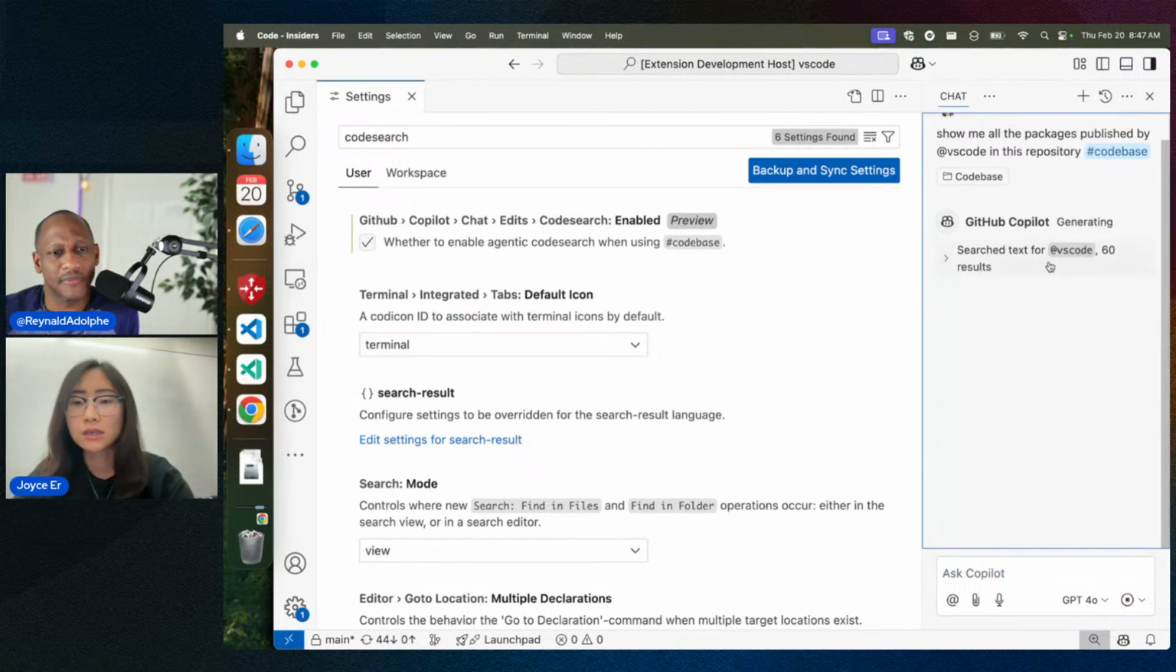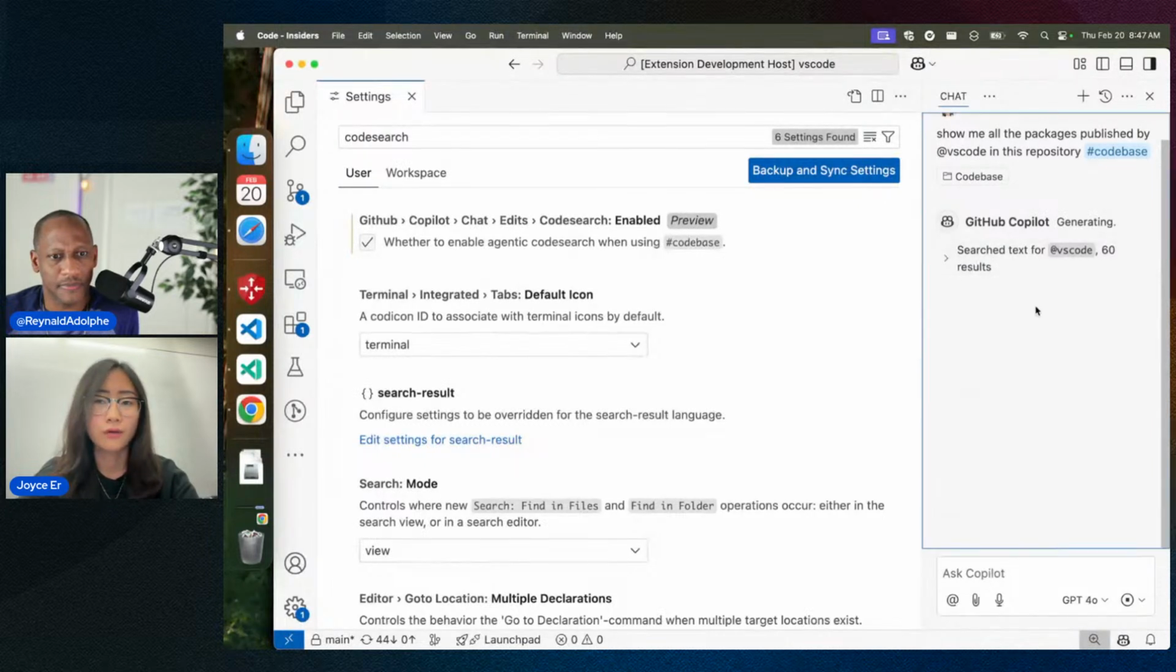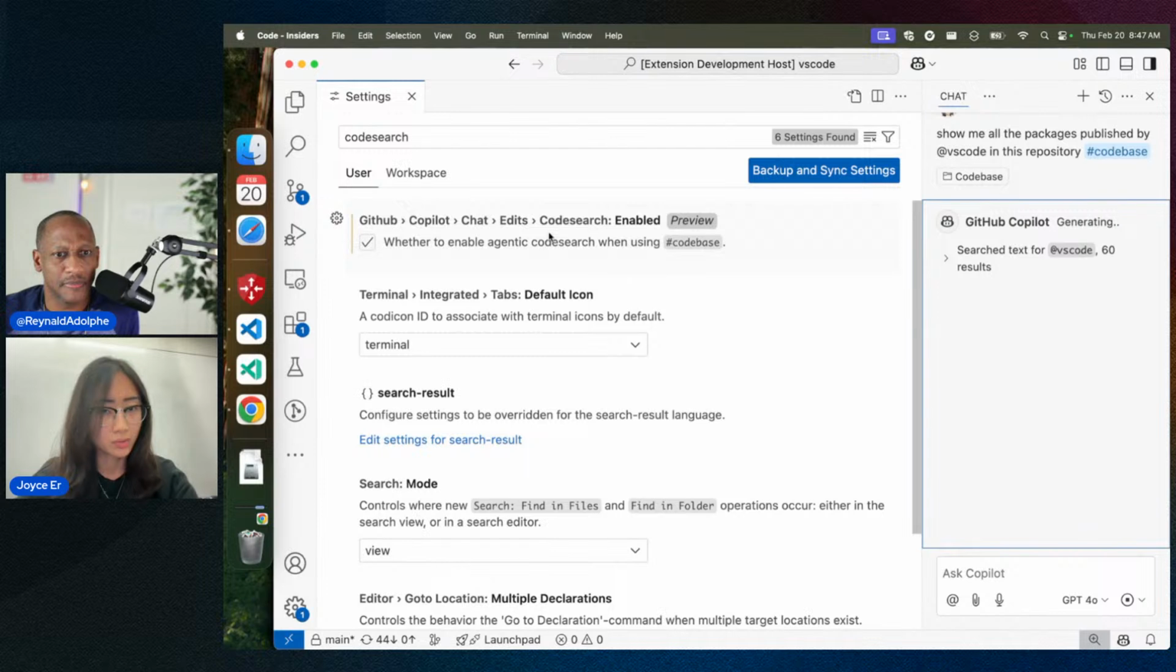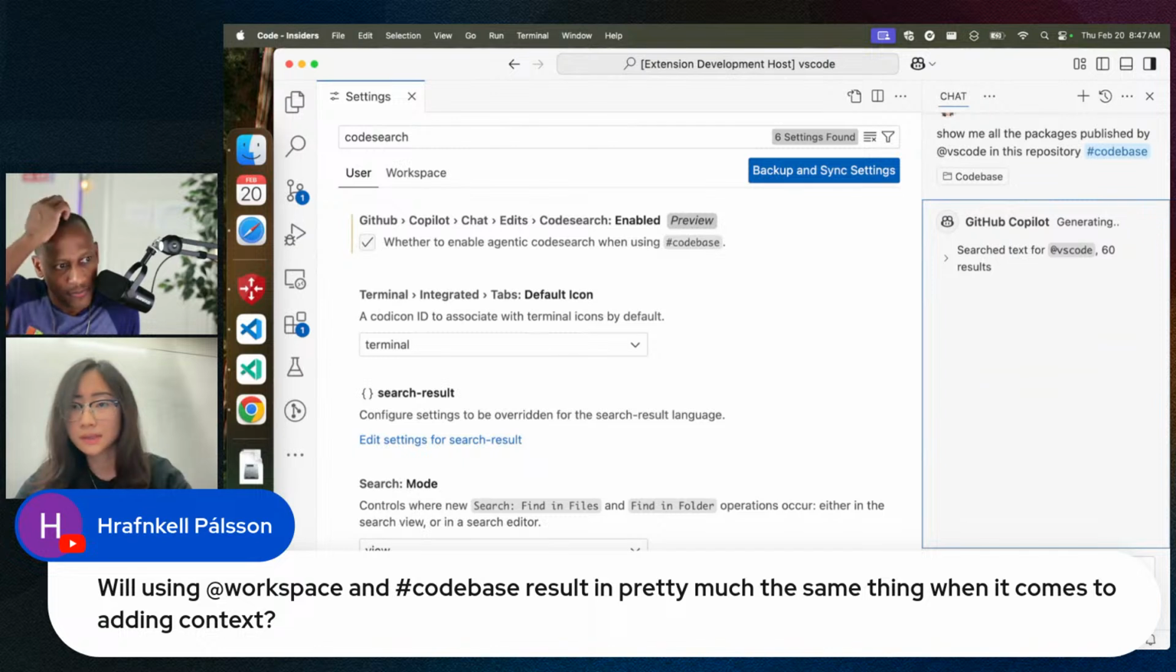And you can see here that we actually did a text search rather than a semantic search. And this gave us 60 results. In just a moment, we'll be able to get an answer from the language model summarizing everything that it saw. And you can see that there's a large number of hits. Ultimately, this is enabled using this code search setting that I've got in the settings UI here. That's taking a little longer than expected. So let me see if I can't